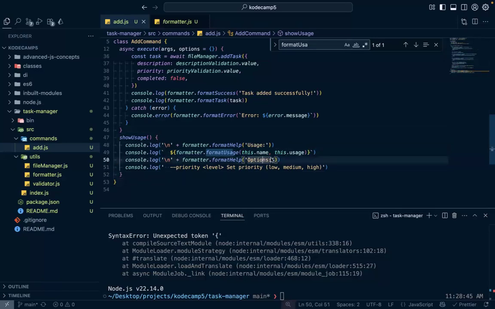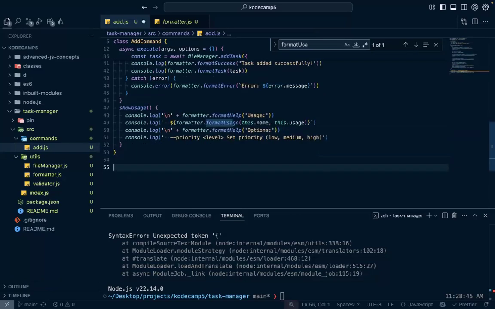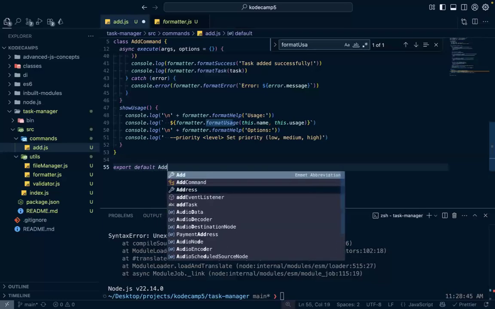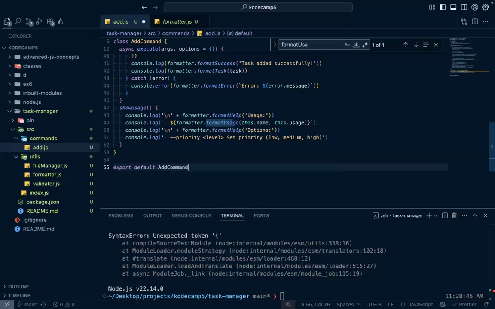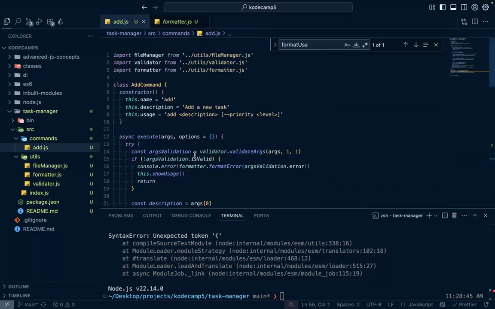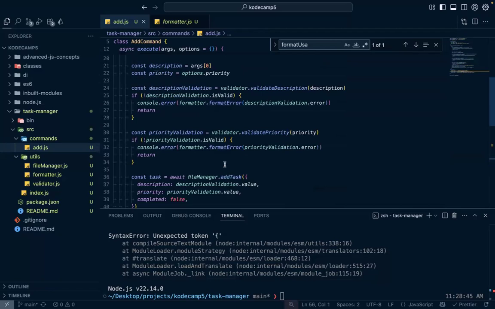Okay, so now we finalized our add module. So we have to export our class in order to use it. Export default add command. Finalized our add command class and we've exported it. Okay, so now that we've exported our add command class,